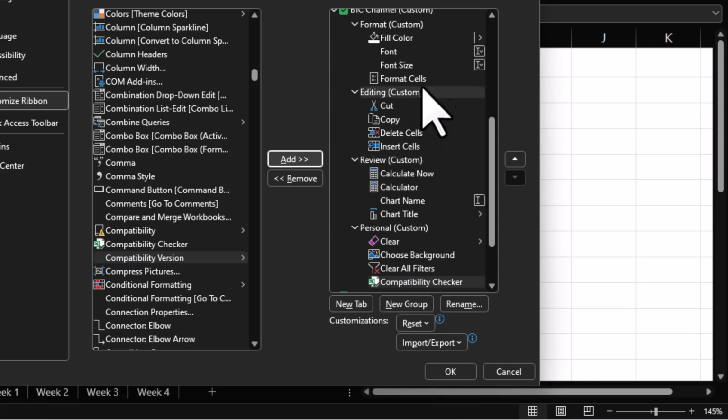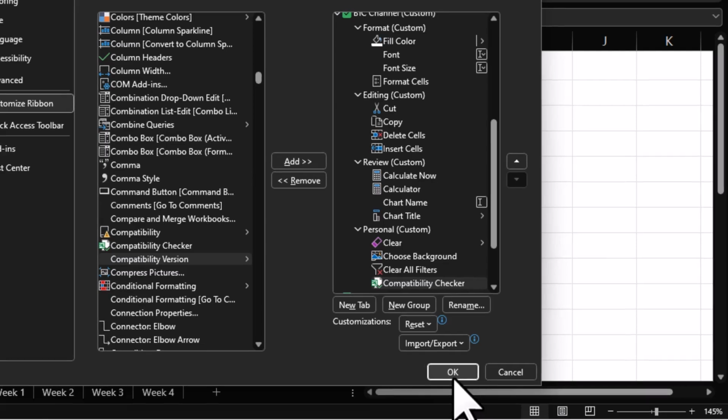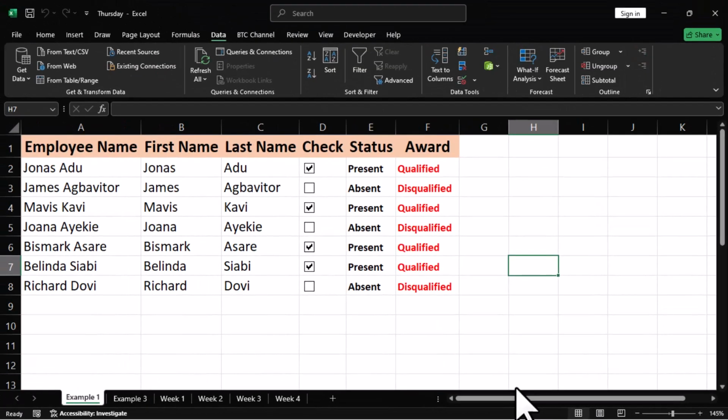Now when you are done with this operation in this interface, you move below and select OK. Now when we get back to our interface of Microsoft Excel, on the menu bar we can see that we have this additional tab created, which is a custom tab, that is BTC channel, and that